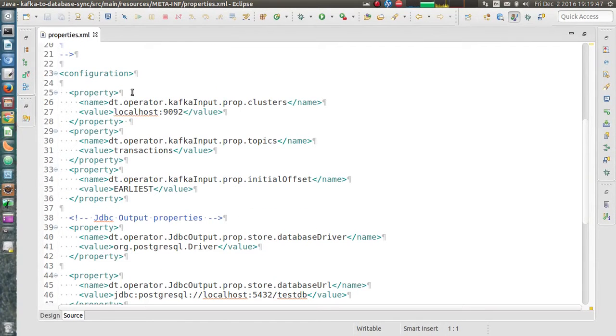So mainly for Kafka input operator, we will need clusters, which is a comma separated list of brokers, and then topics, which is a comma separated list of topics to read from, and then initial offset, which can be earliest or latest, where earliest corresponds to from beginning in Kafka.